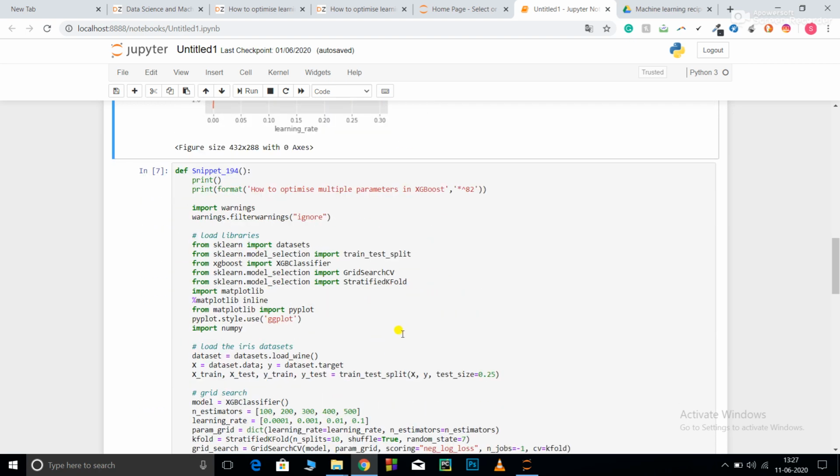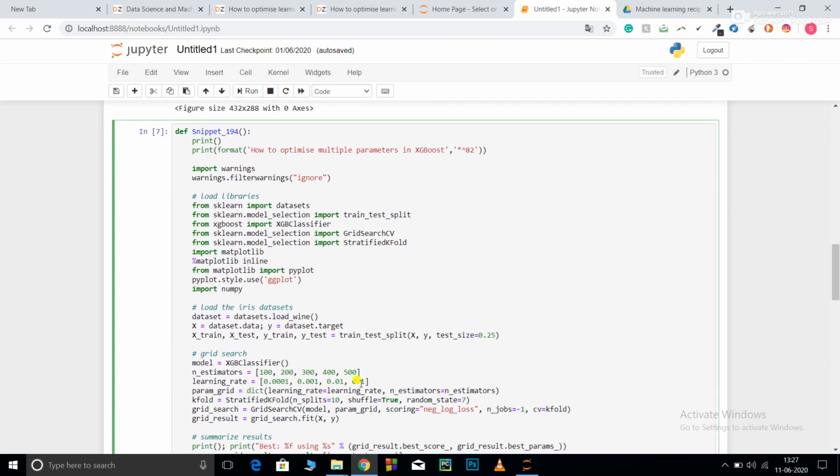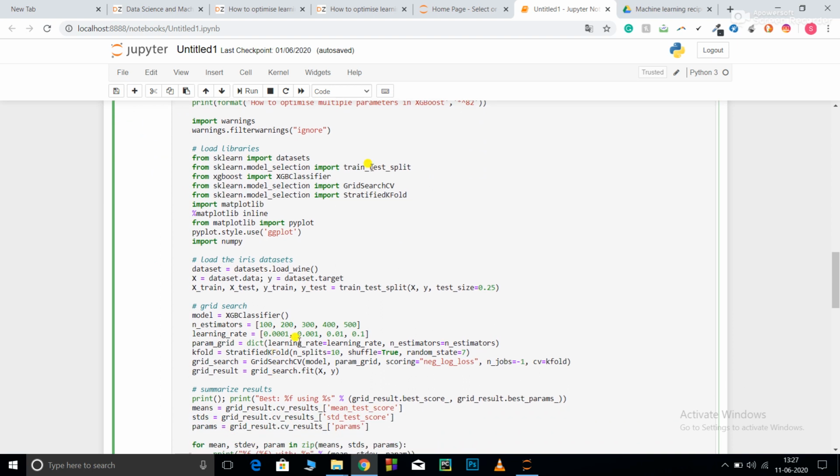Now in the second part I am going to use learning rate as well as n estimators. So the initial code is going to be the same. I'm using the same grid search CV and stratified k fold. The only difference is I'm passing n estimators as a new parameter: 100, 200, 300, 400 and 500. So n estimators is the total number of trees that I want in my XGBoost.